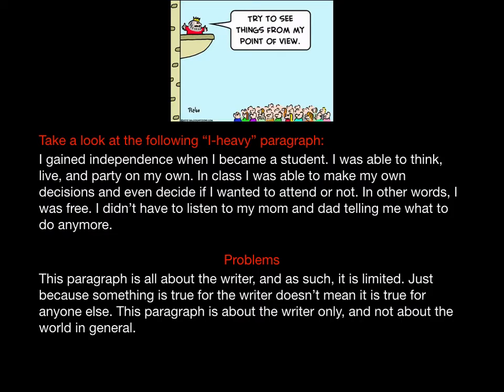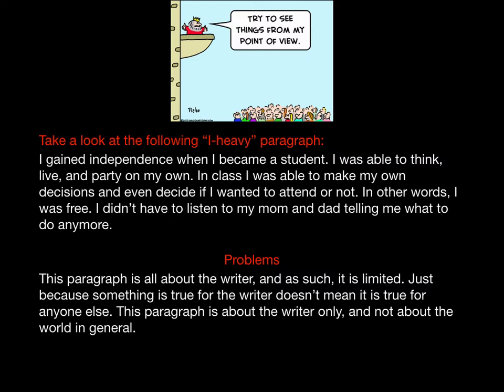Take this paragraph for example. Here we have: I gained independence when I became a student. I was able to think, live, and party on my own. In class, I was able to make my own decisions and even decided if I wanted to attend or not. In other words, I was free. I didn't have to listen to my mom and dad telling me what to do anymore. So this is using the first person point of view. Here we're hearing about the narrator's own